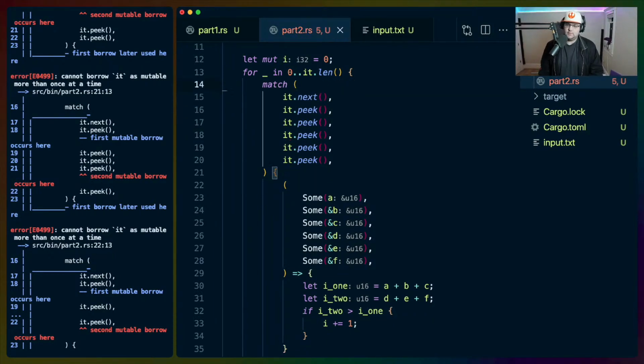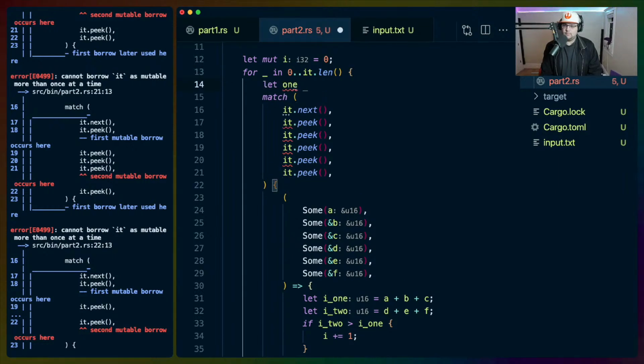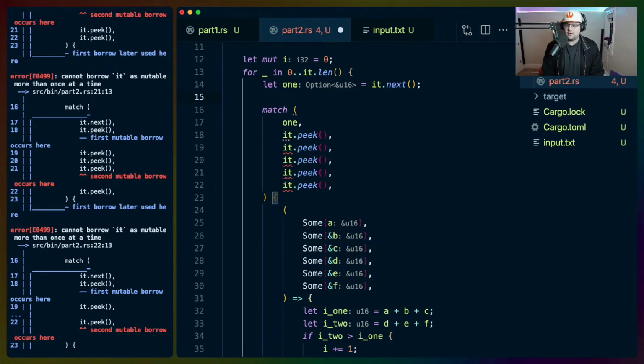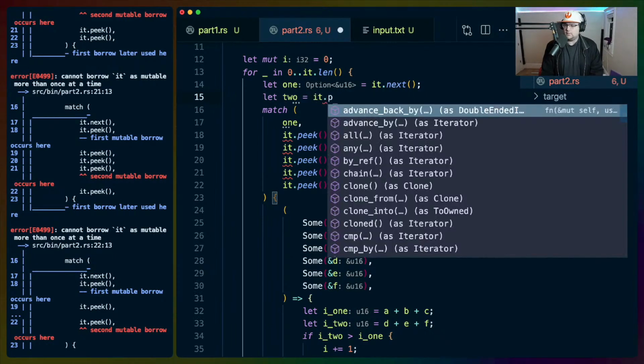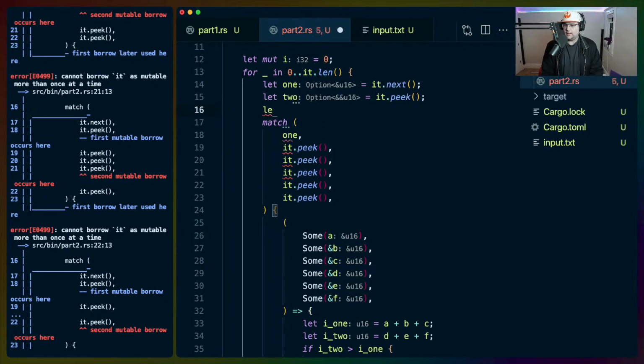That's why. That feels strange. I guess it's moving it into the match arguments. I'm gonna have to think about that later.